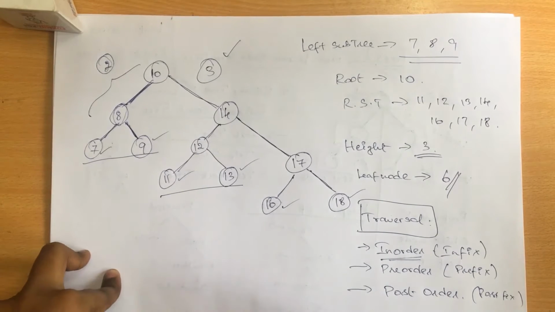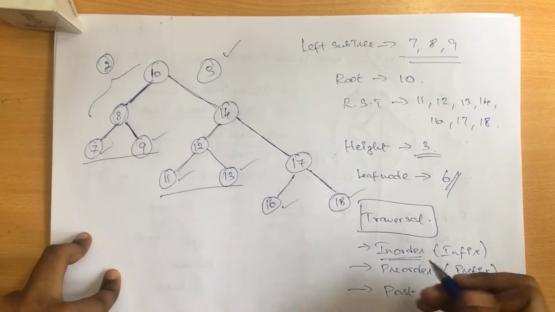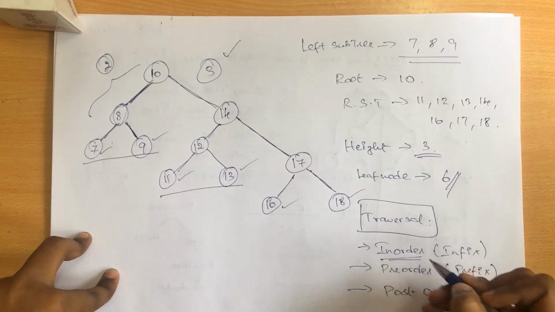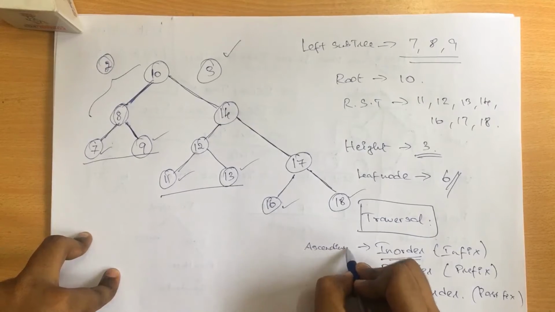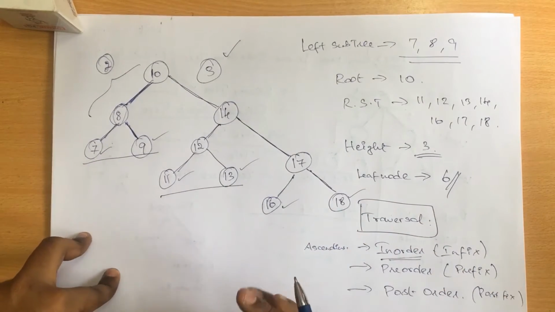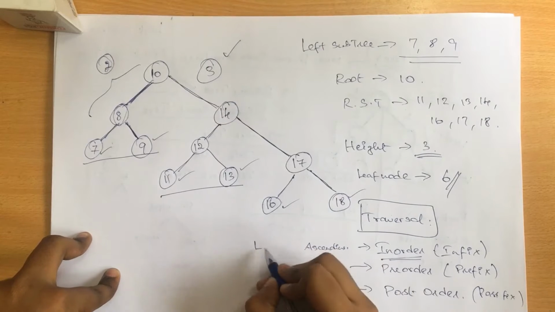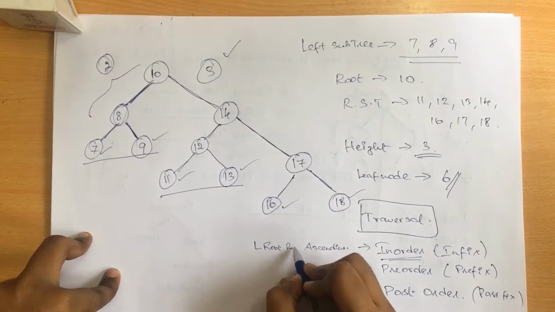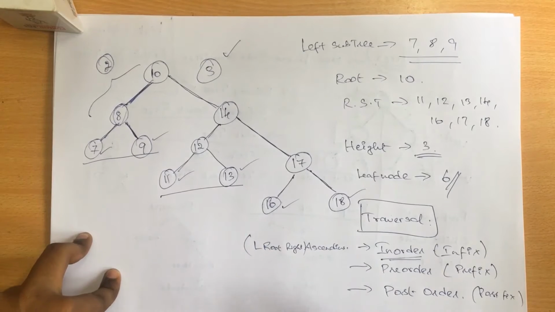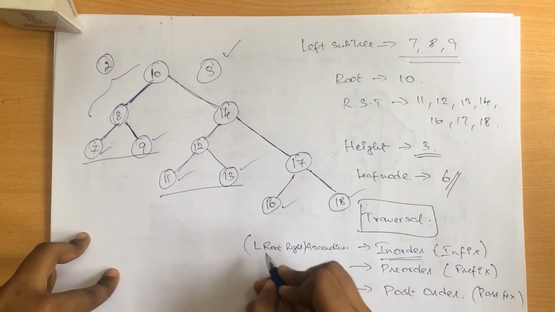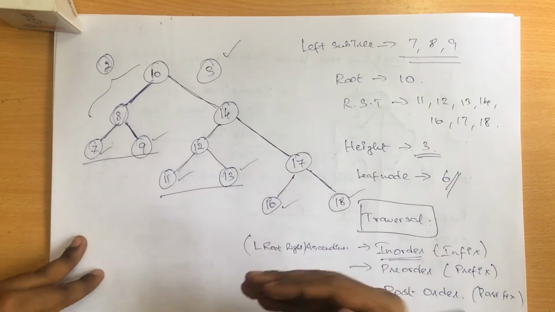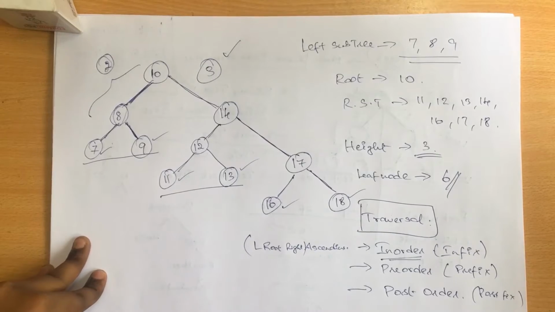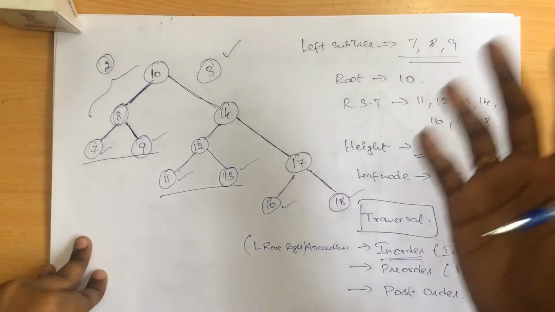is in order. So in a normal binary search tree or any sorted tree, or if you have a proper tree structure, in order always gives you the output in ascending order, right? Or else you might also say it as left, then root and right. So left, root and right. So this is how you can say this. First you have to concentrate on the left node, then the root node and then your right node. It actually starts from the last node, or the dead end of a tree, and it goes back to the remaining parts of the tree.